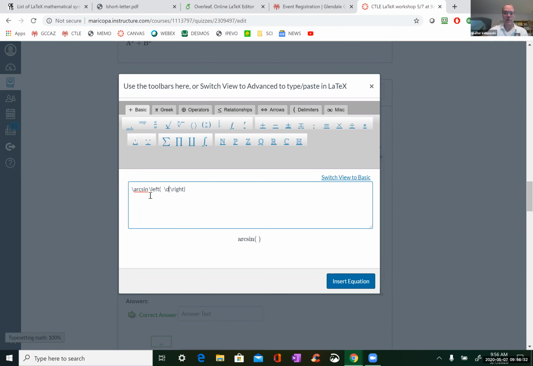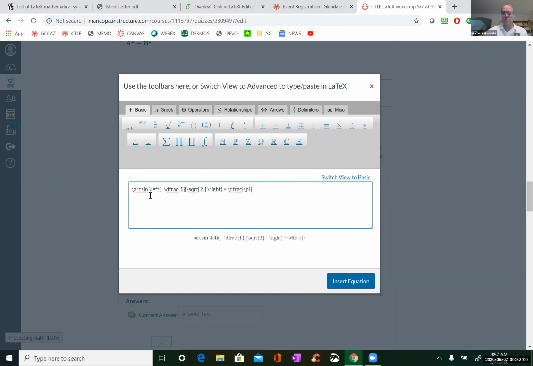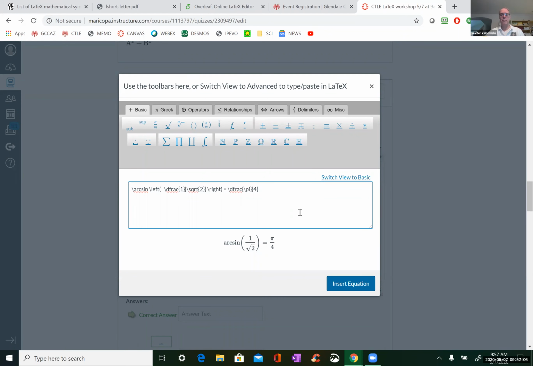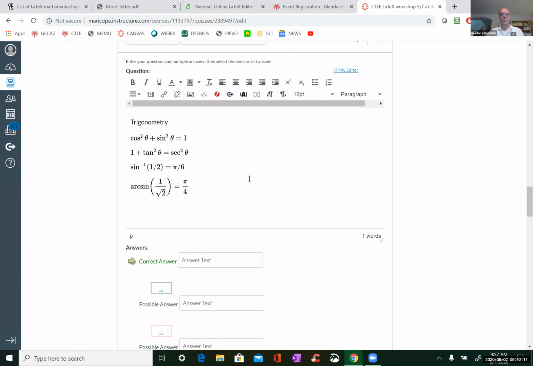Right, and you can do defrac. And there you go there.